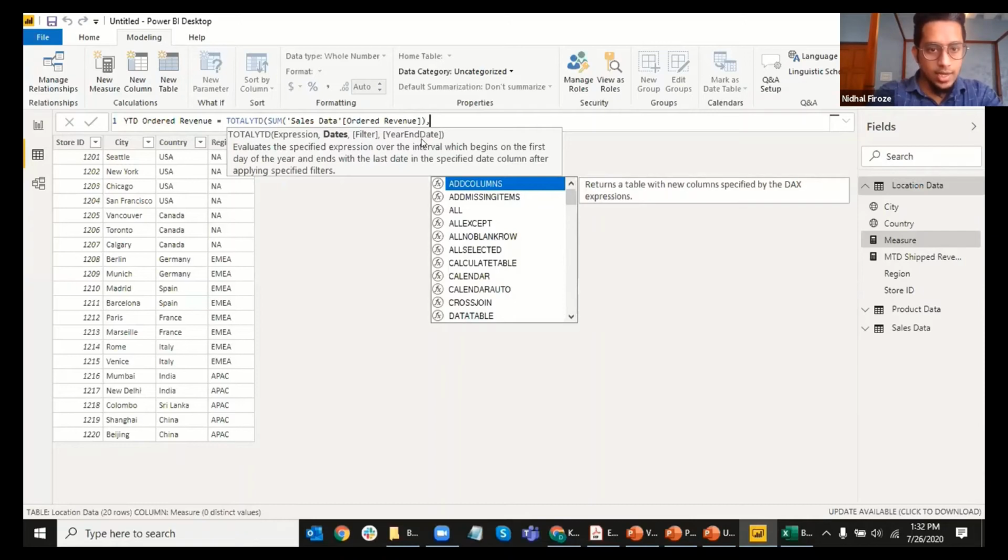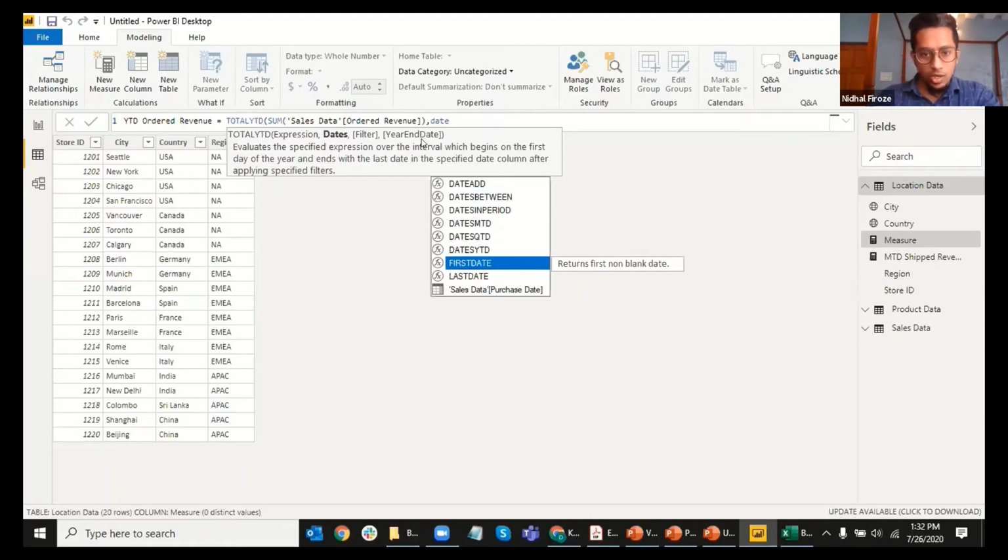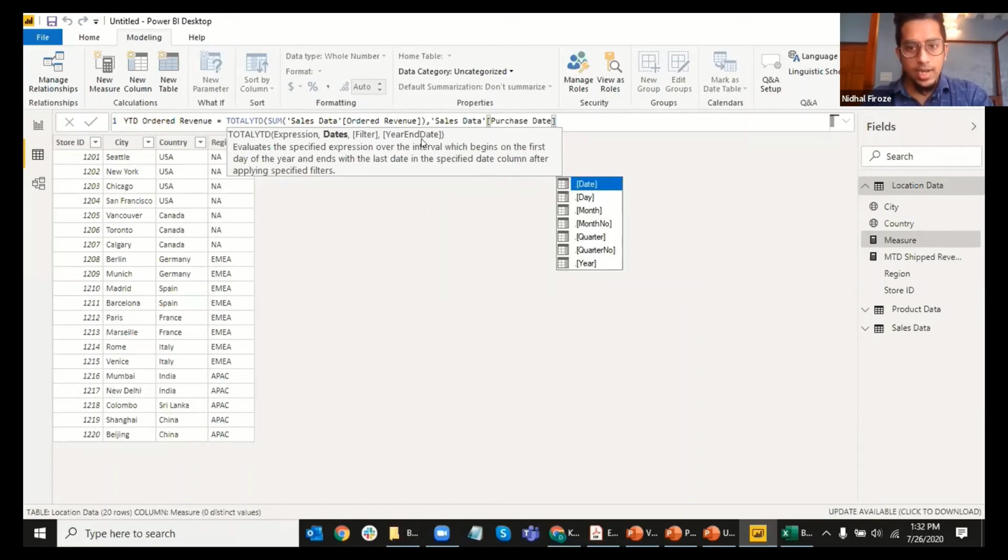So you see the syntax, right? It has expression and a comma, and then the dates. So I'm going to add the date, and then it gives me a lot of date functions. I don't want to use the date functions. I want to use the date field. And again, I click on tab. So the date is selected,